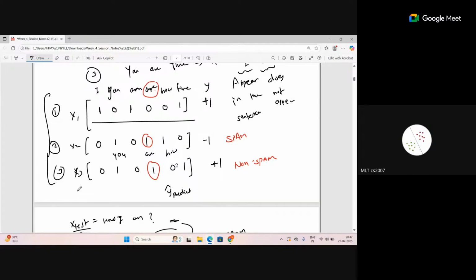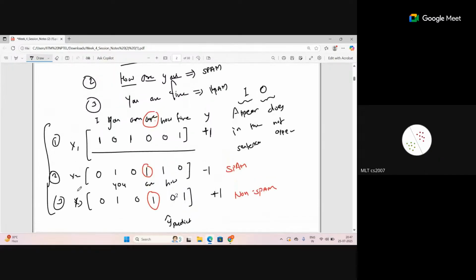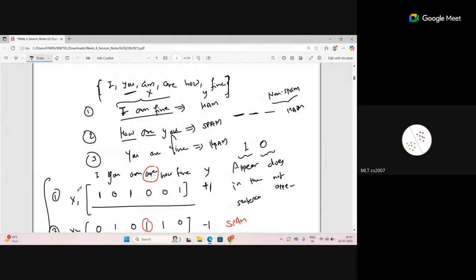But what is x1? The data point is actually a combination of words, and how am I representing that? By using a dictionary, with 0 or 1. Let's say this was a dictionary, and how many words are there? 1, 2, 3, 4, 5, 6. Six words, and each of them will have 0 or 1 associated with it. So each xi belongs to what here in this case? 0 or 1 in 6 dimensions, right?